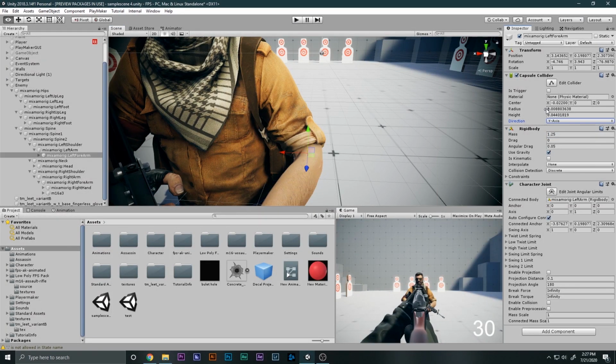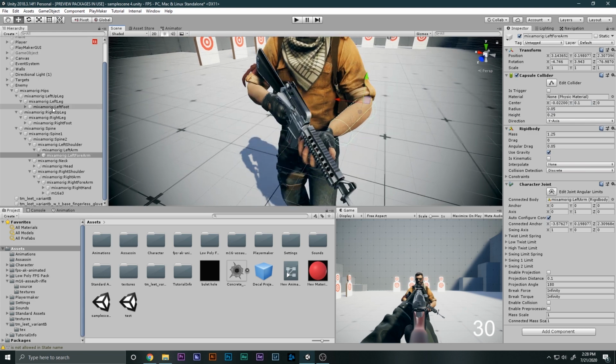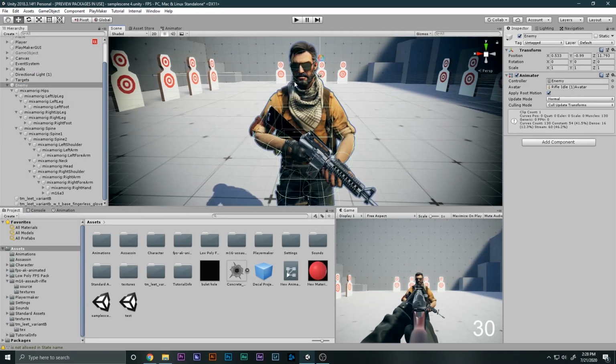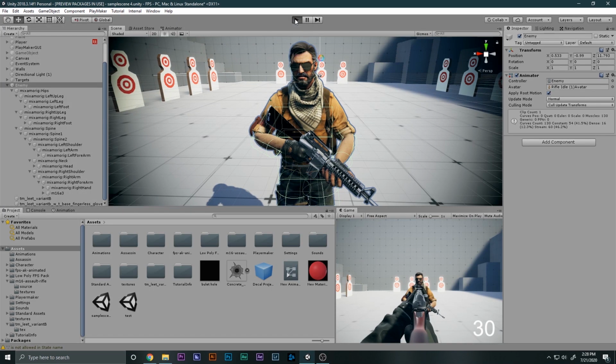Y-axis, make the radius a little bigger, and make the height a little bigger, and move it in the y, just like so. Okay, so now if I select the enemy, as you can see, he has all the colliders properly. If I go ahead and play the game right now, nothing basically will happen